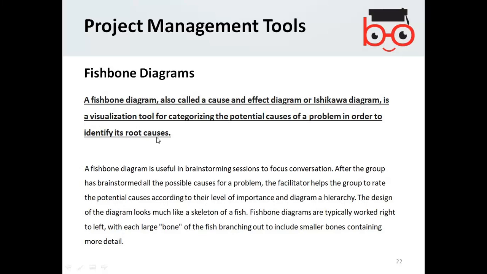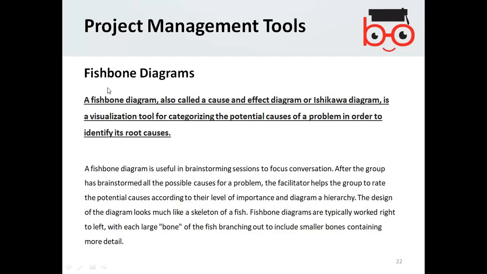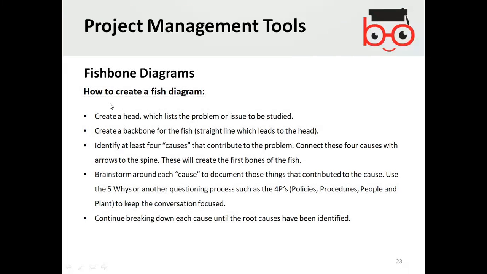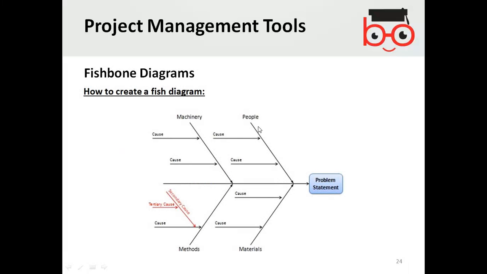So after brainstorming as a group activity to identify the problems, use a fishbone diagram to identify the problems, causes, and solutions. You can draw it with causes such as methods and materials, and then you come up with the problem statement.